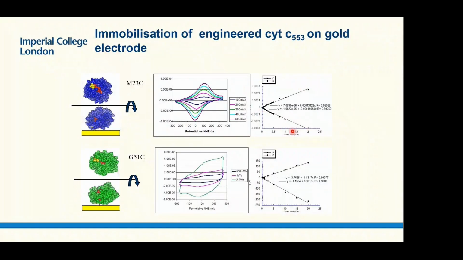The current is proportional to the scan rate, as Maxi said before, showing that in both systems the protein is immobilized on the surface. The differences in the shape of the CV could probably be associated with differences in the behavior, practically in the capacitance current contribution, that is possibly associated with the different behavior of the proteins in the two different orientations on the electrode surface, in terms of their response to the applied electric field, in terms of compressibility and behavior of the entire protein matrix, that changes the contribution of the